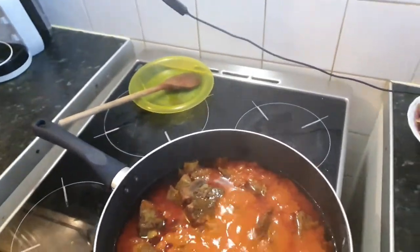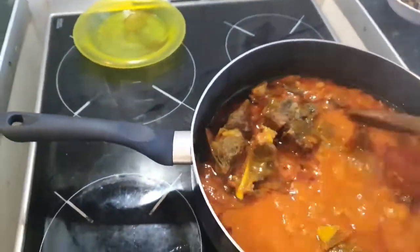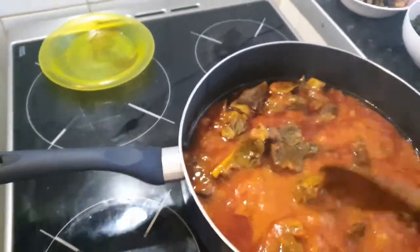This is sizzling, and I can smell it already. Oh my god,